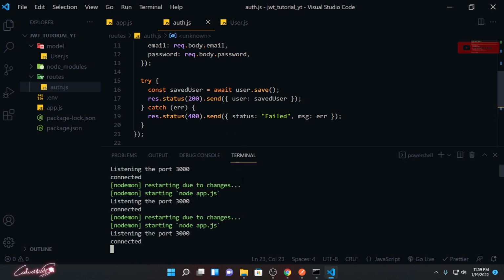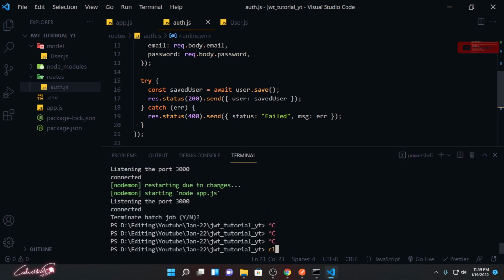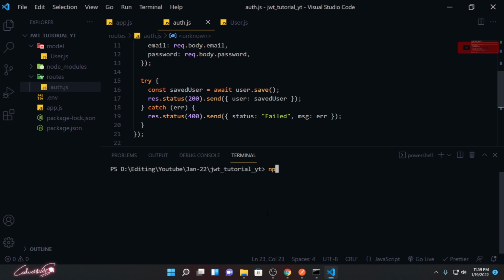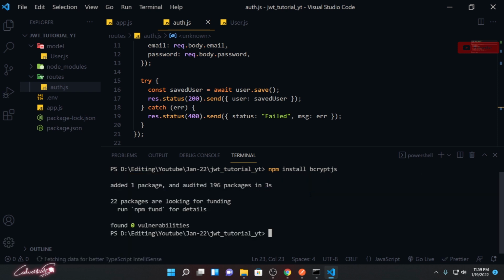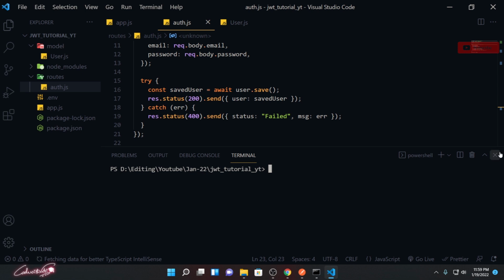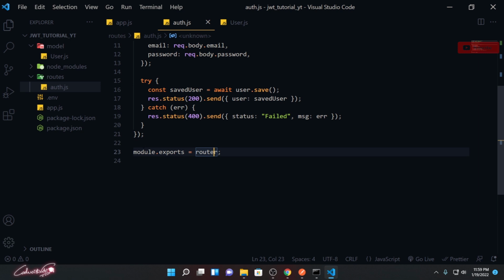Let me stop our server, and I'm going to install the package with npm install bcryptjs. This is the package we are going to use to encrypt our password. Let me clear the screen and close this.